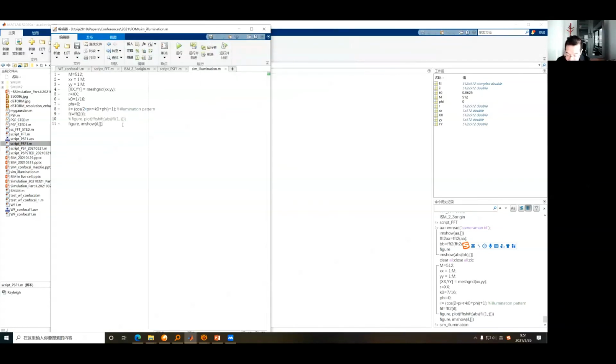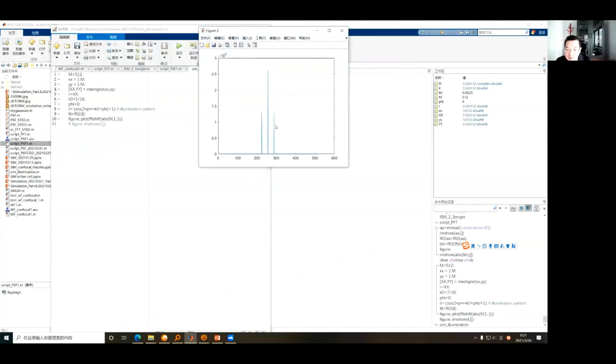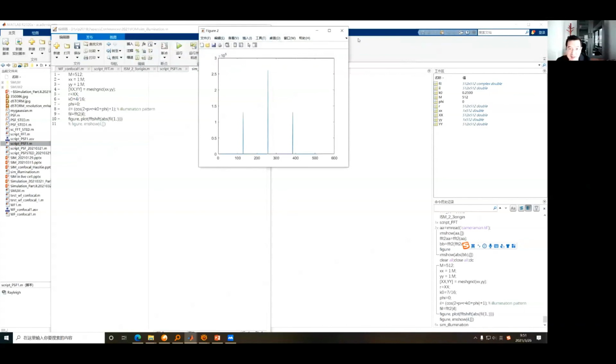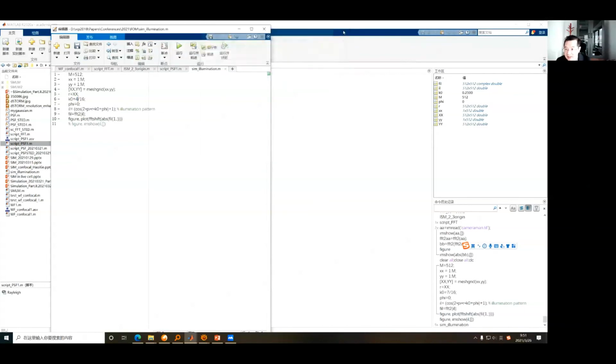And here is the 1/16, etc. We can see the corresponding Fourier transform here because I use 1 plus cosine to generate the illumination